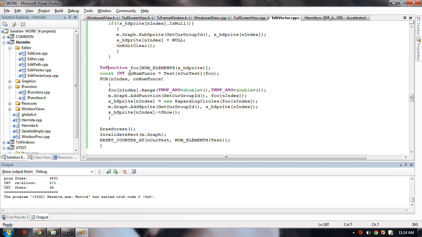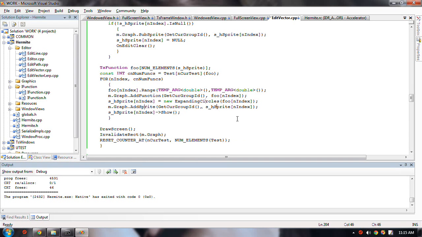I declare an array of functions and call the test, one of the tests, the current test, and that returns to me how many functions have been filled in my array. And then I run through that many times, add the function, add a sprite to go along the function, and add